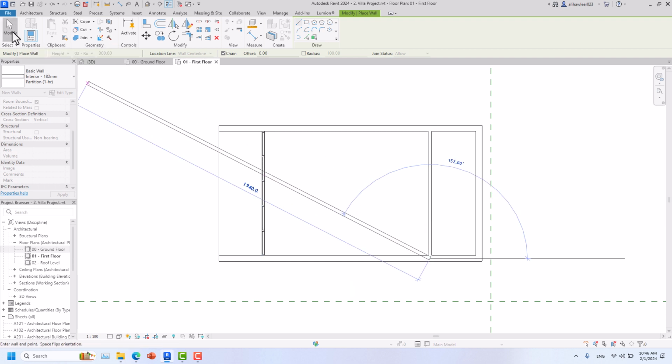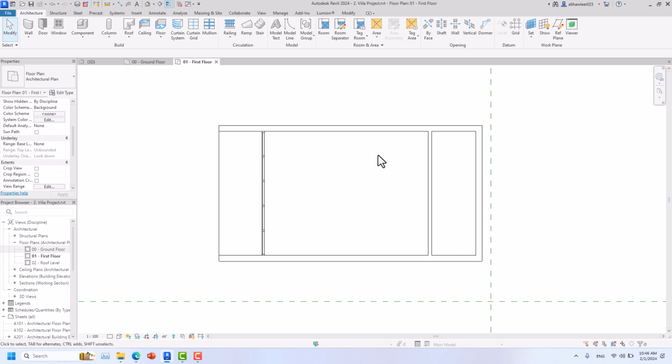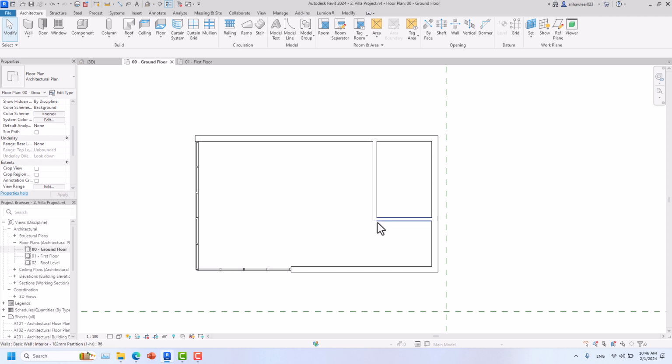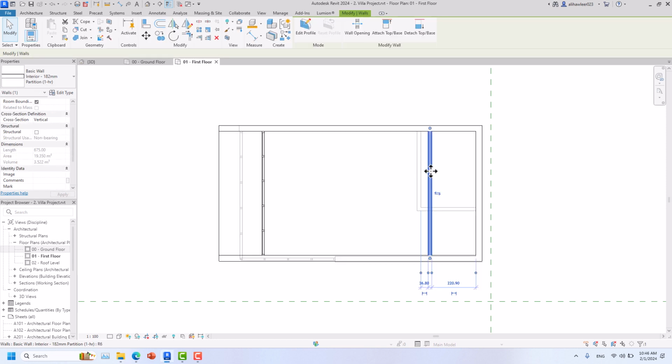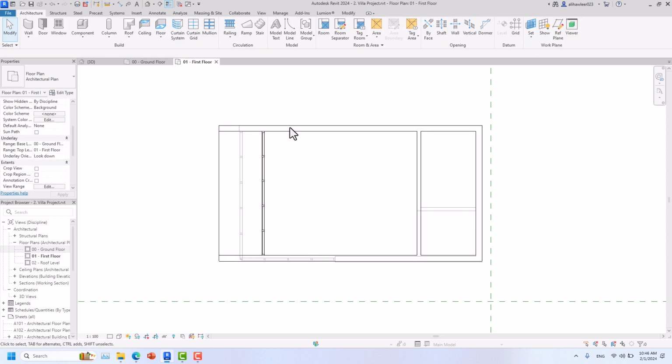And I will go to modify so it will escape it, and I want to see the underlay, if it's true this is aligned with this. Okay, so I'm going to activate underlay ground floor so I can see this is here. So I want to align it with it. I'll just come here, put it here, and I will close the underlay, and I'll go to the wall